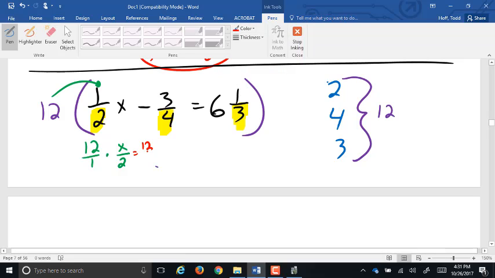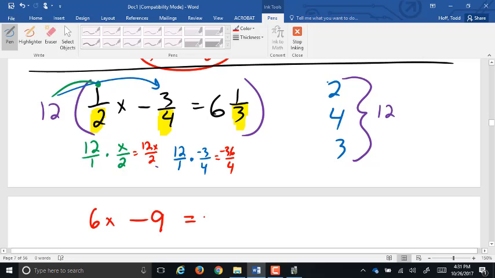That becomes 12x over 2, which reduces to just 6x. Then we've got the 12 times the negative 3/4. So 12 over 1 times, I'm going to put the negative with the 3 on top. 12 times negative 3 is a negative 36. 1 times 4 is 4. Negative 36 divided by 4 is a negative 9. And finally, we have 12 times 6 1/3. So 12 over 1 times 6 1/3 is going to become 19 over 3. That is